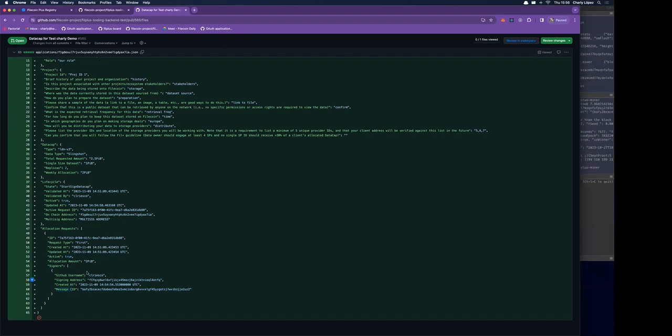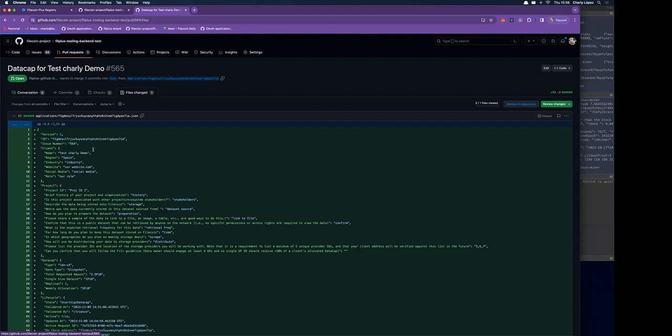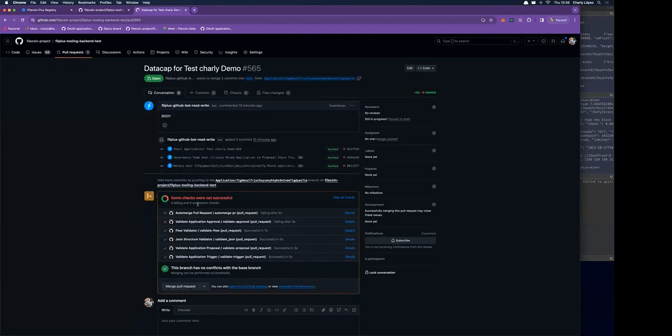And we can see in the conversation that we have reached a new step in this application flow. So right now, proposal is green. If we go again to the issue itself,